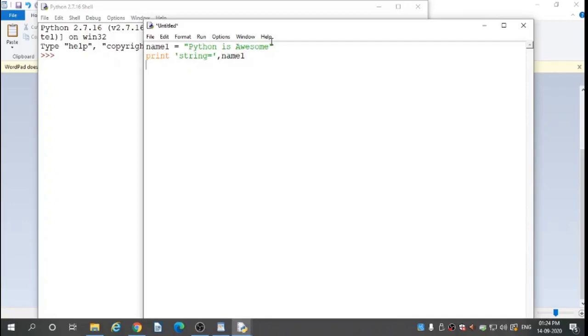Enter, print in single quotes \n accessing character in the string.